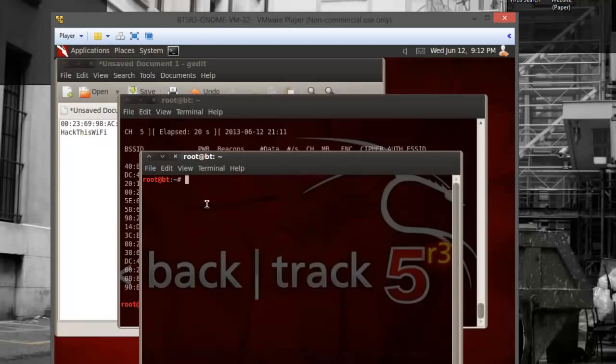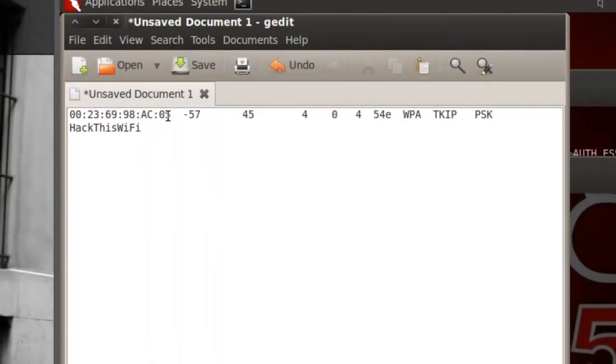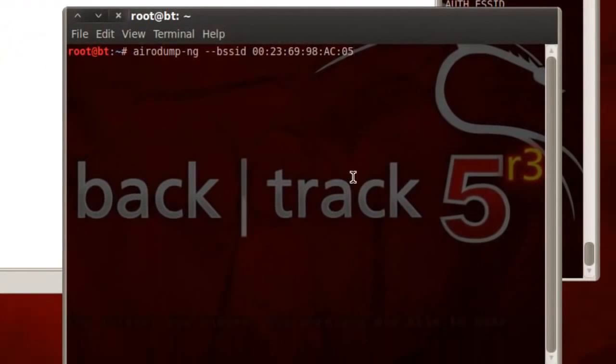And now let's see what clients are connected to it. You can do so by typing in airodump-ng --bssid, the MAC address of the access point, which is right here, -c for the channel, which is going to be channel 4, -w to save the file.